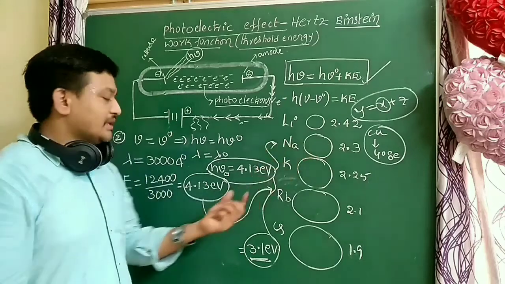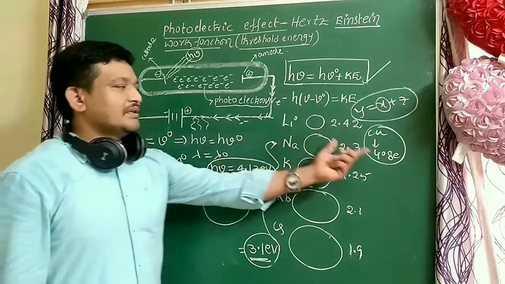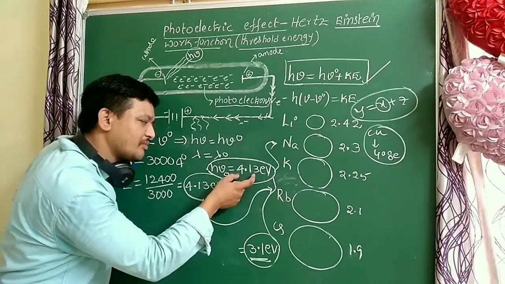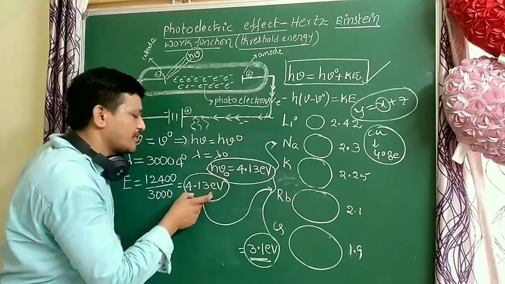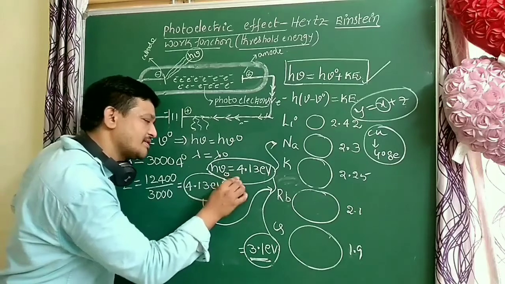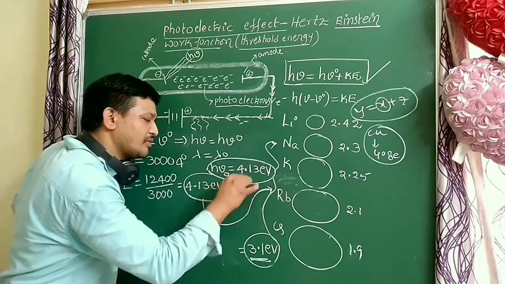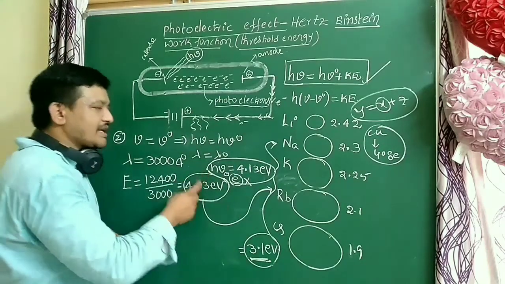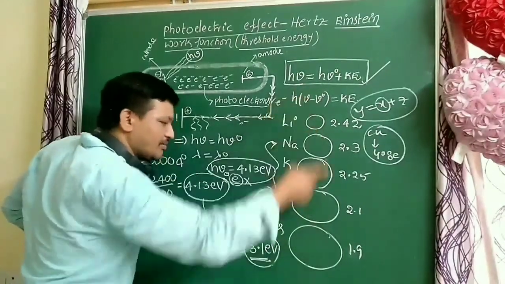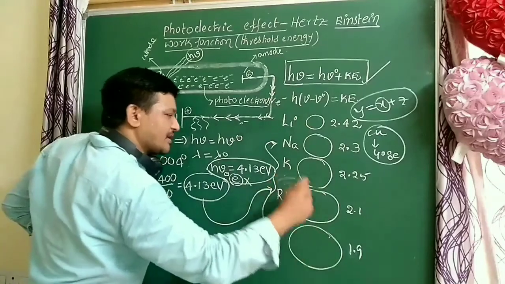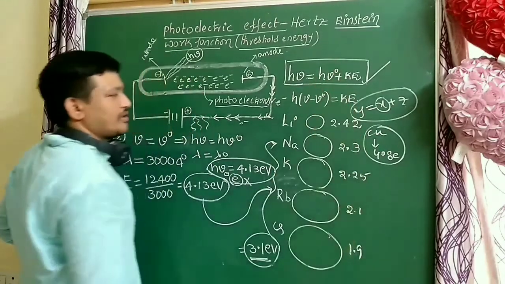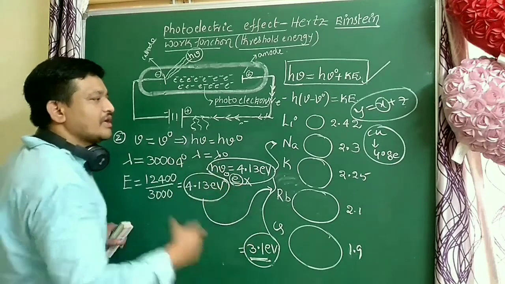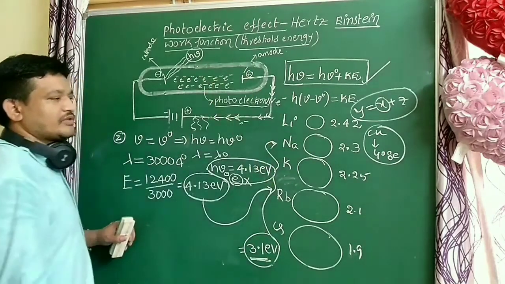Why? Because that energy is much less than the copper's threshold. For a given metal, with the same energy, electrons are released but can't flow, because the kinetic energy is zero. When this energy passes on all alkali metals, they release electrons and those electrons can move. Why? Because the extra energy is there, and that extra energy is converted to kinetic energy. That is very, very important, students.